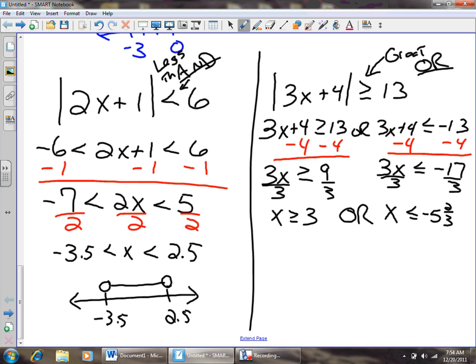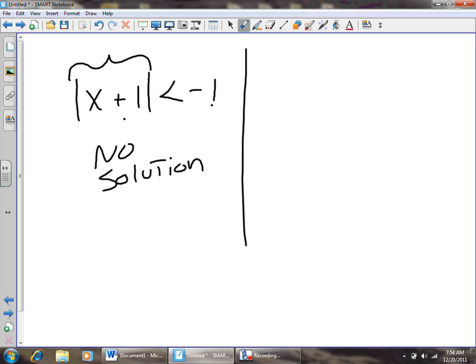On a number line, it would look something like this. I colored in the points because they are equal to. Okay, and again, when you hold your fists out in front of you, turn your palms up while your fists are still made, and then stick your thumbs out. Now your thumbs are pointing out to the right and out to the left, not in toward the center. That is what ORs typically look like, unless you get a special case like this, where you get the absolute value